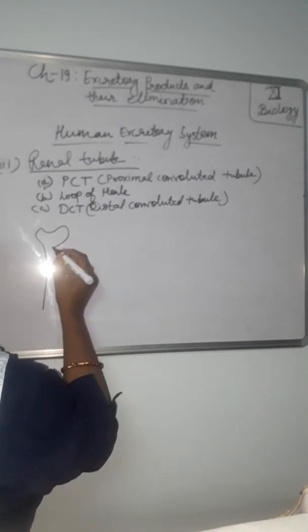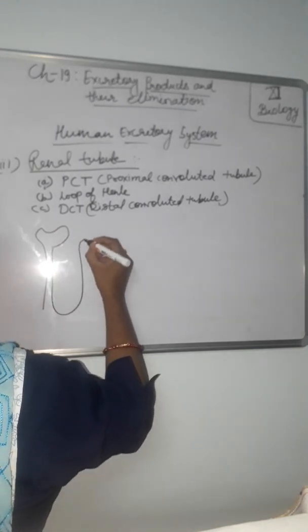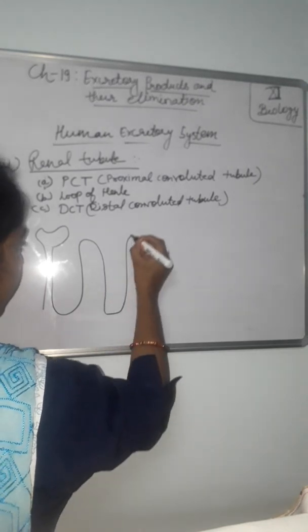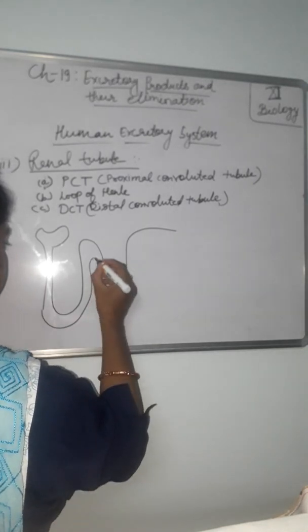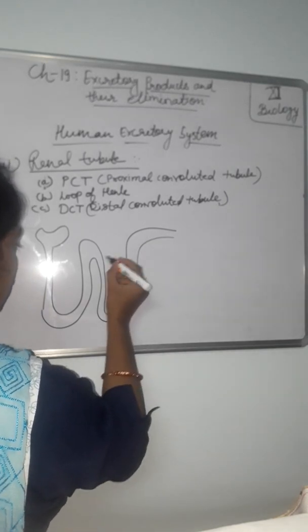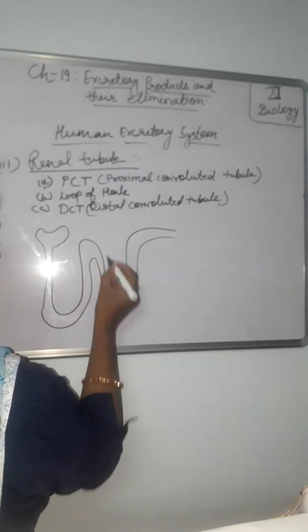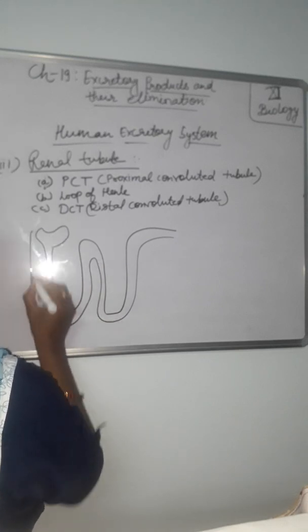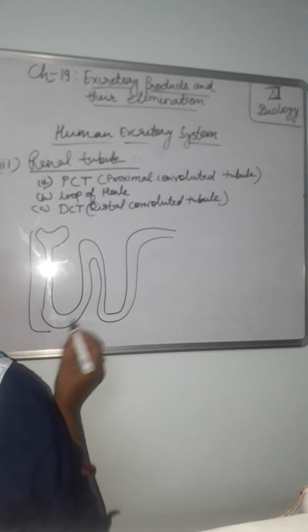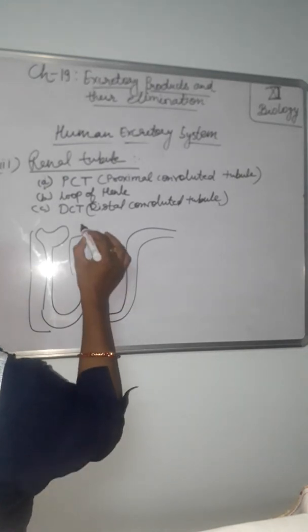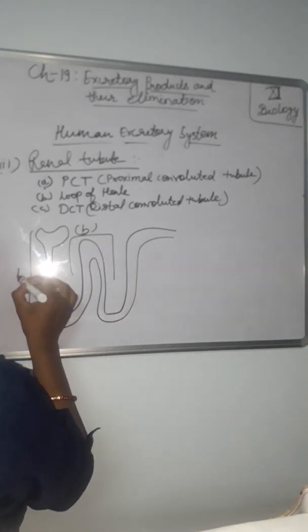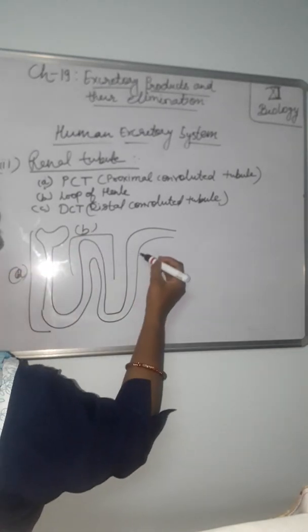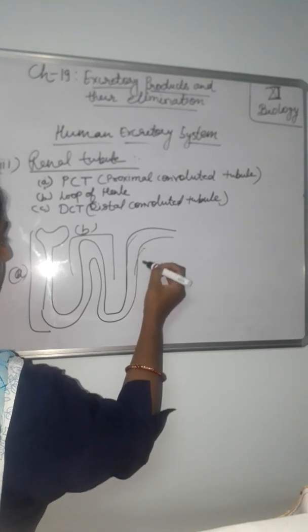Suppose this is renal tubule. From यहाँ से U shape क्या start हुआ, loop of Henle, like that. Okay, this U-shaped structure is loop of Henle, ascending limb, descending limb. Okay, and then from here to here, this is PCT. This one is loop of Henle. This is the second part, B part, loop of Henle. This is A part, that is PCT, and this is DCT. This part is DCT, distal convoluted tubule.